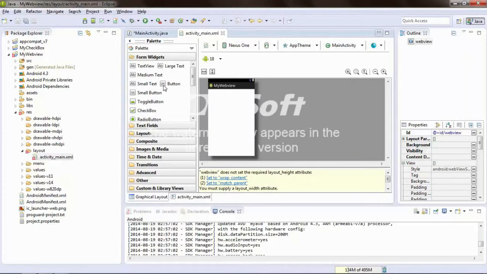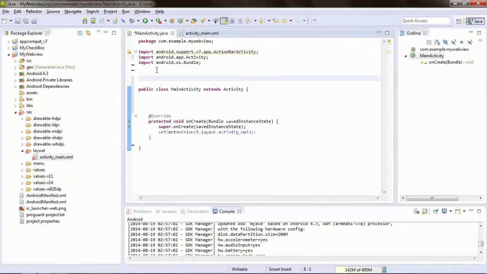Then we will edit our MainActivity.java. First, we must set our JavaScript to enable so you can view the internet sites.